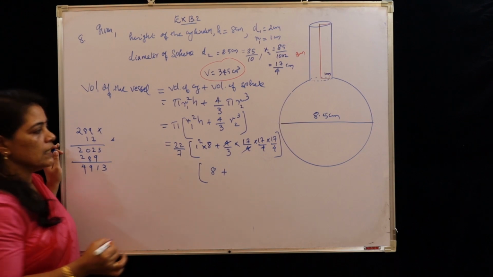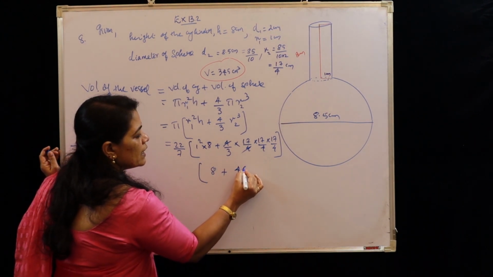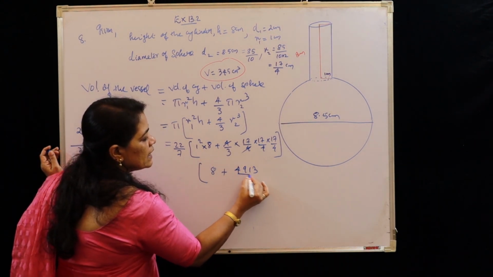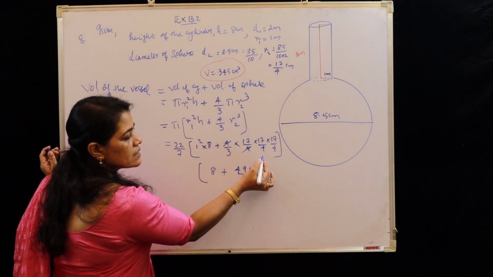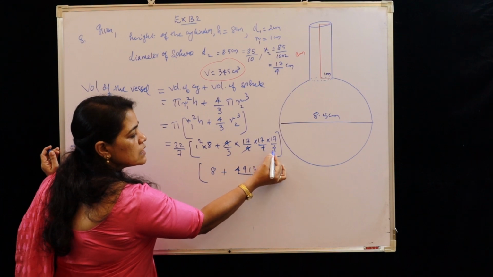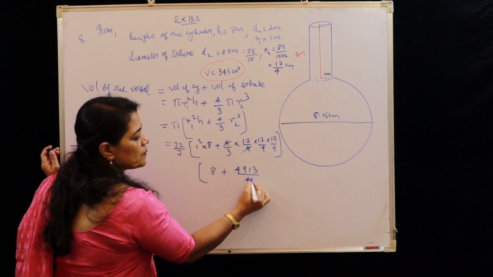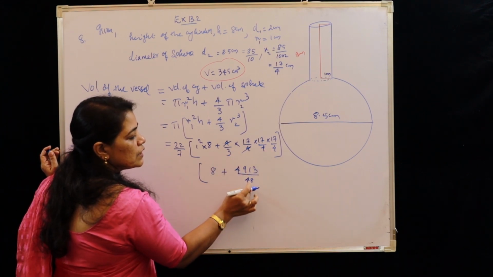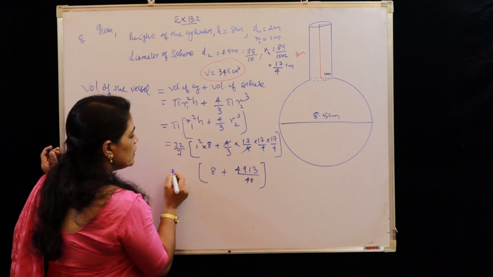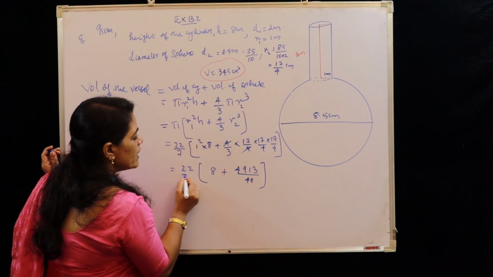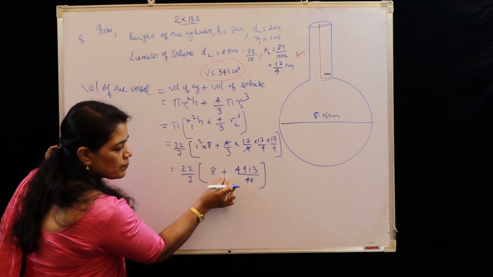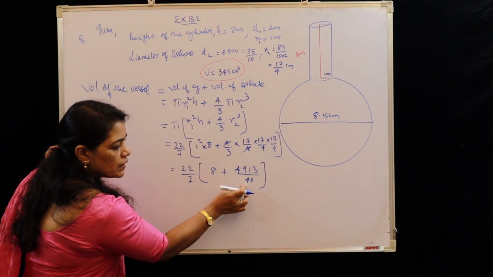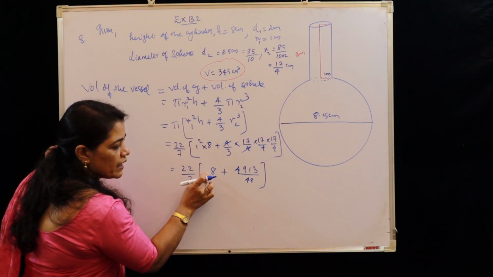4 9 1 3. 4 9 1 3 divided by 4 into 4. 1 4 already get cancelled with the numerator 4. So 16 3s are 48, that is 4 into 4 into 3 is 48. Here we have 22 by 7. Since they are connected by plus, we have to do cross multiplication. So 48 into 8 plus